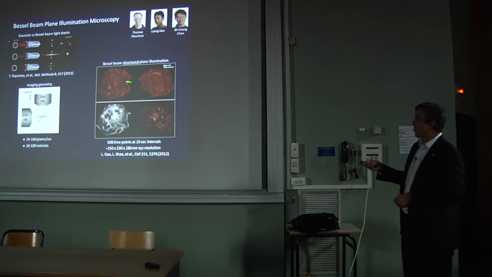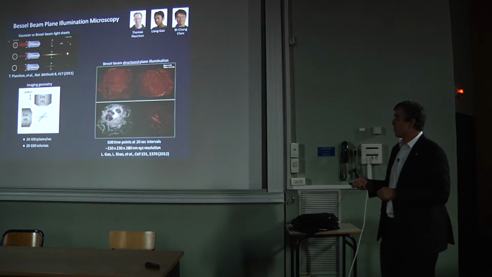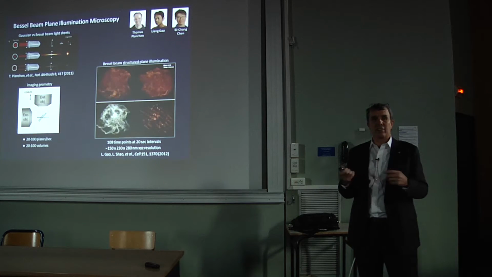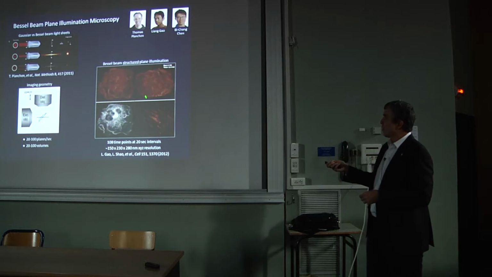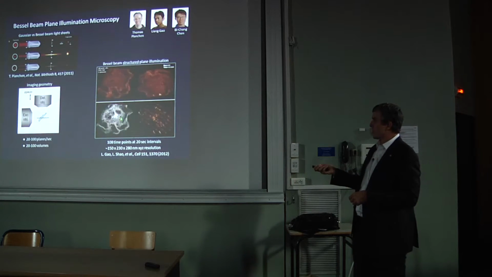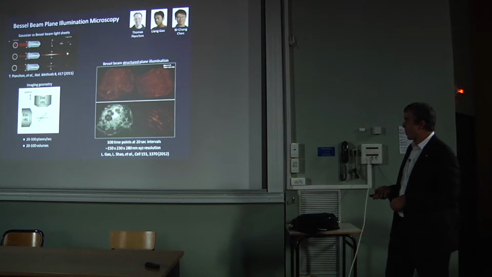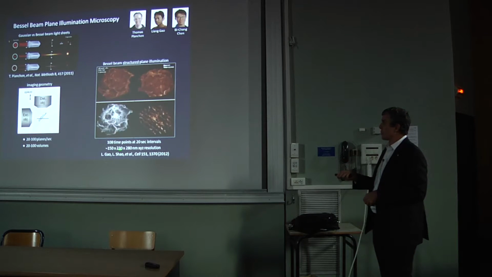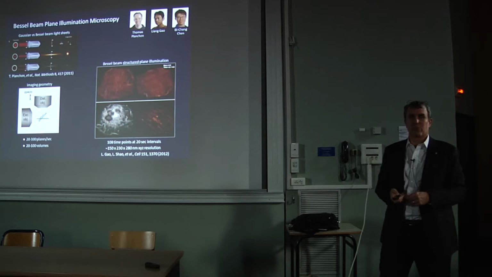So this is an example of that Bessel beam plane illumination microscope, looking at a cell which has been transfected with a cancer signaling protein that promotes this ruffling activity, which folds over the membrane and then encapsulates the extracellular fluid as these vacuoles that you see underneath in this X-ray view through the cell here. So now we're able to study these cells for hundreds of time points at fairly fast rates.